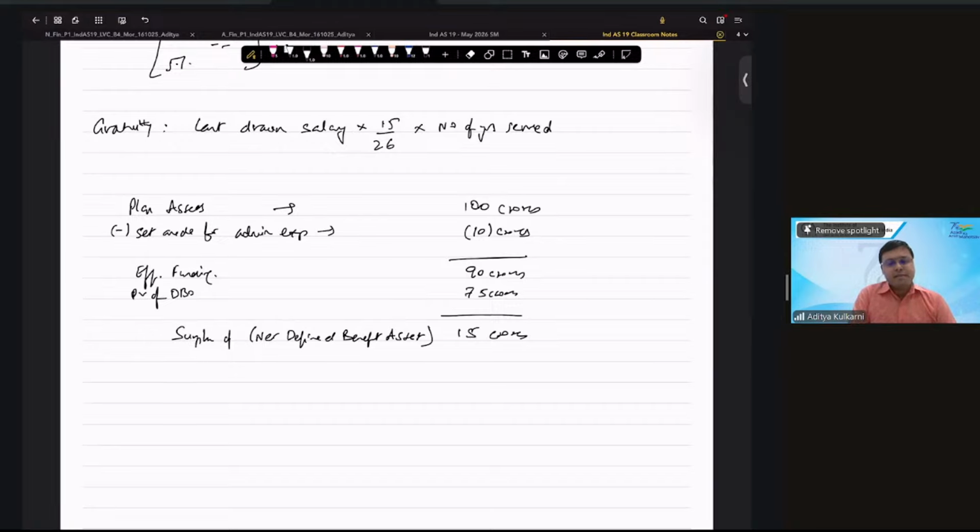Your net defined benefit asset is 15. Okay. But your usable surplus, let us suppose, is only,